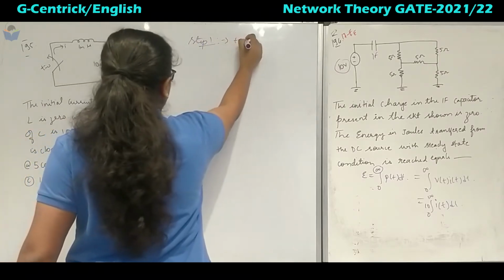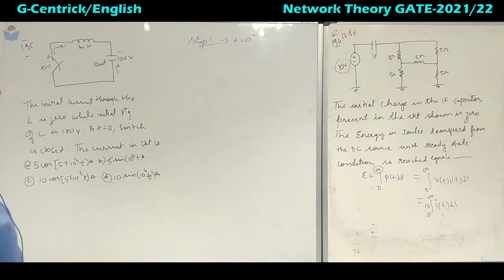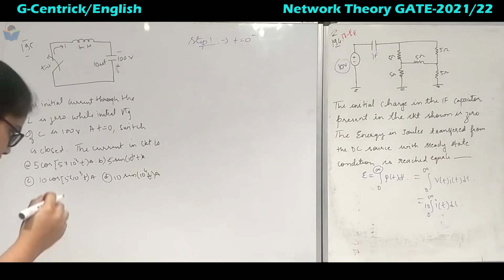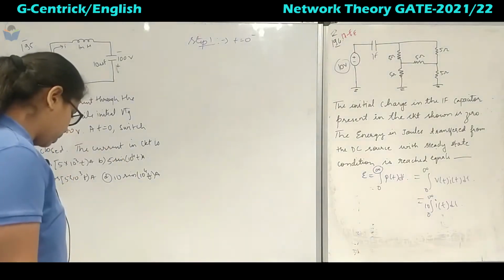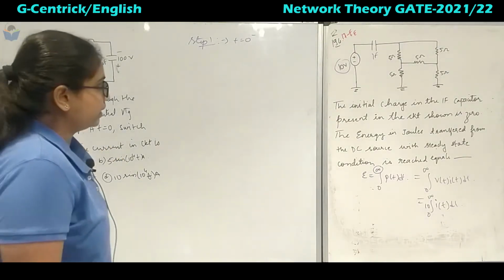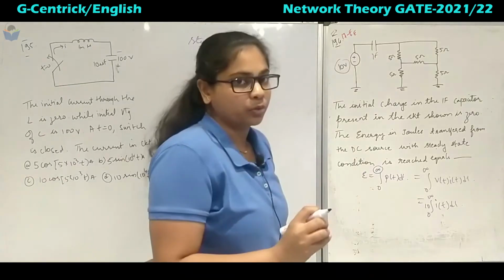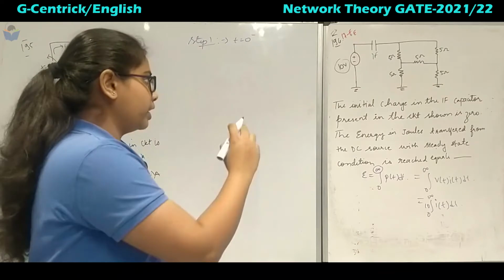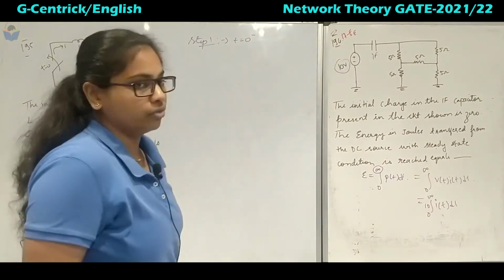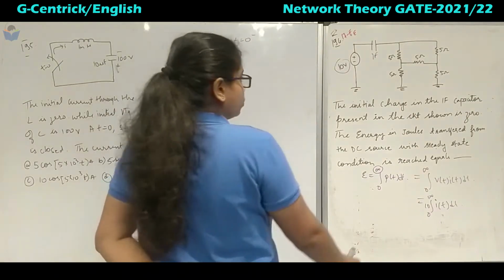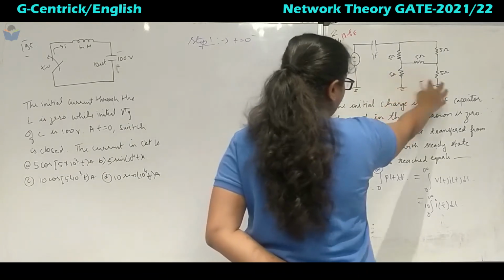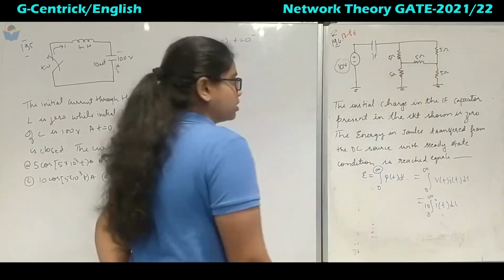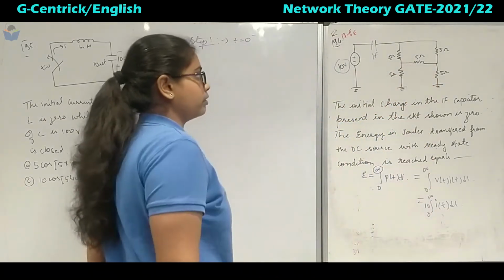t is equal to 0 minus. So we have to find the charge in that one. Instead of going by step 1, step 2, that is t equal to 0 minus, t equal to 0 plus, we can see that there is a condition of Wheatstone bridge. If you see here, there are 4 resistors and a resistor in the middle. So there are totally 5 resistors.